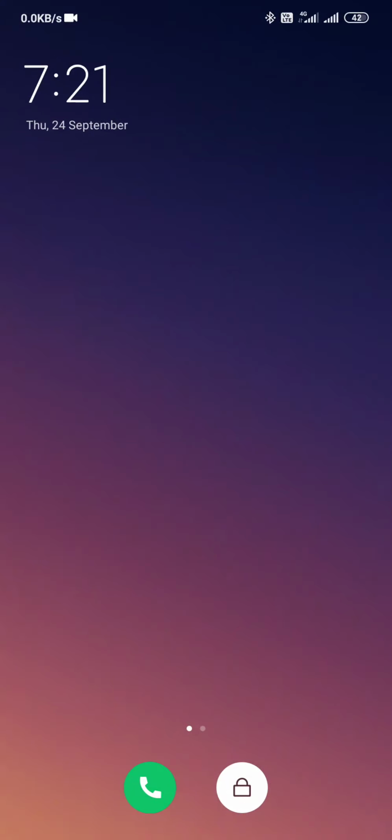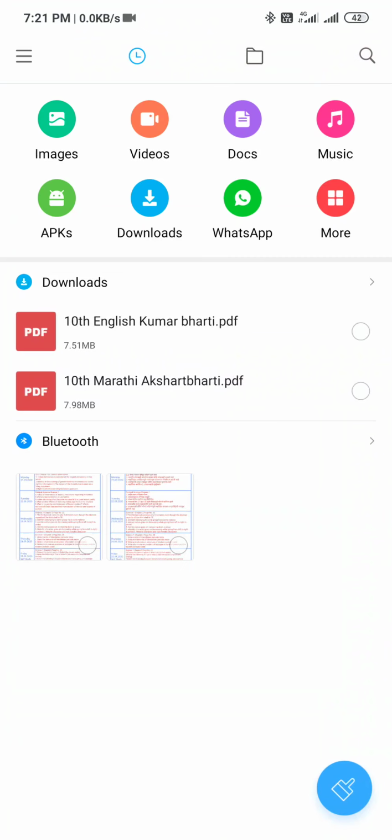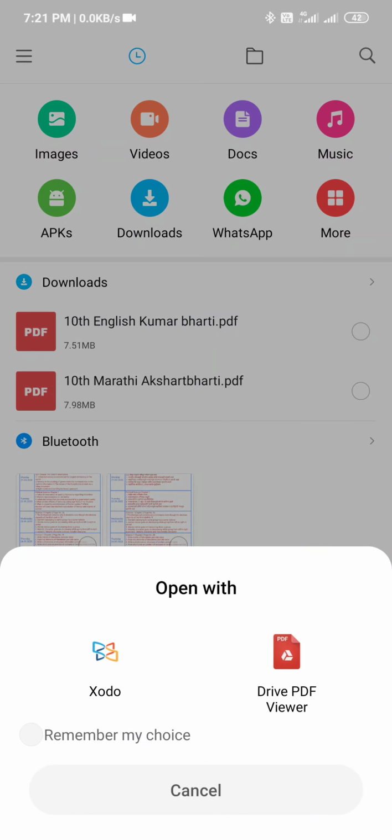Whichever PDF you want to teach, or if you have textbooks in the form of PDF, go to your file manager. Here I have 10 standard English textbooks, that is Kumar Bharati. I will open this with Zodo application.